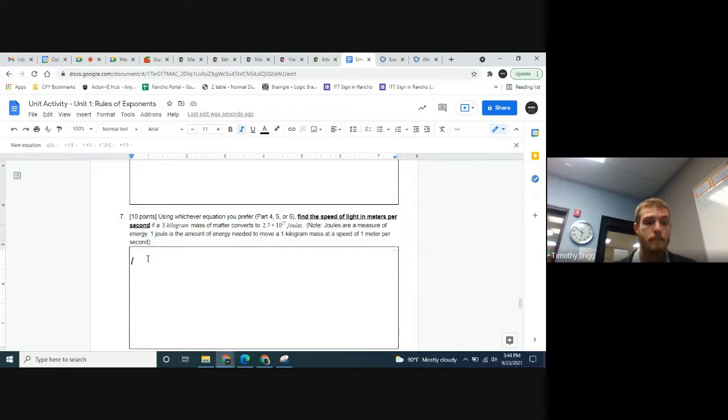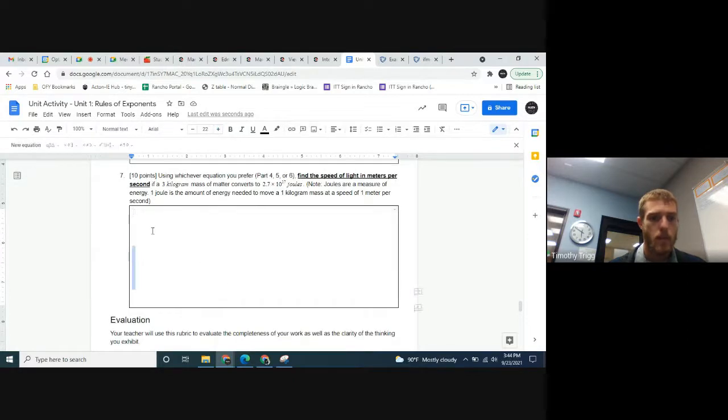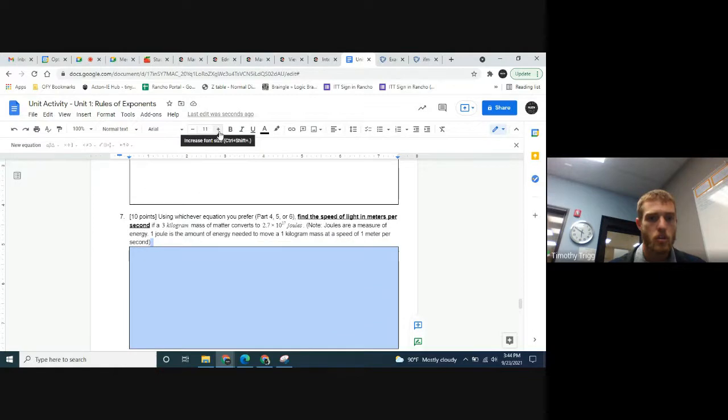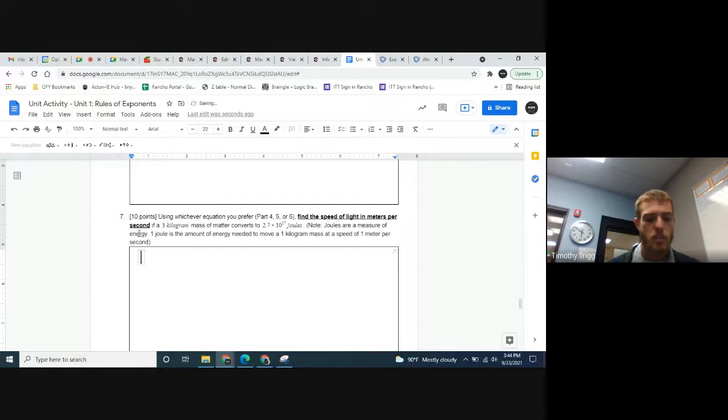So here we're going to say, and again, I'm going to use my equation editor here, and I don't want it to be italicized. So make sure we click off that. We're going to increase the font like we did before to 22. So I'm going to do that for this entire box. I'm going to highlight this box, and we're going to set the font to 22. And we don't want it italicized. Okay. So equation. And I'm just going to say that E equals, and in our case, it's 2.7